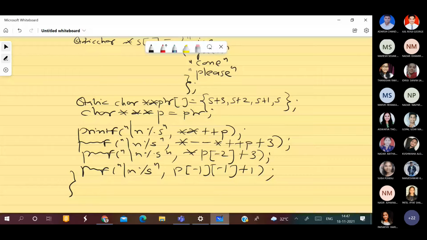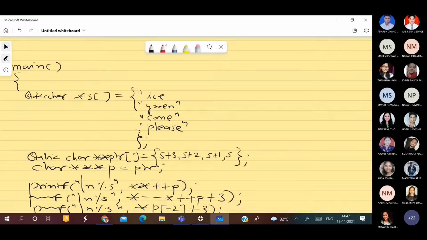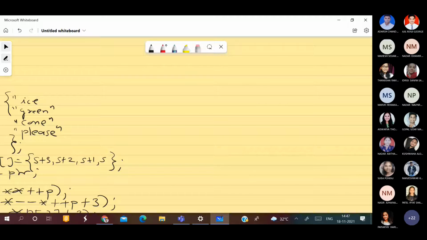So let us understand this output, how we will get this output. First we will look into the first line of this program. Anybody can tell me what is the size of character? One character takes how many bytes of memory? Character takes 1 byte, integer takes 2 bytes, float takes 4 bytes, right?